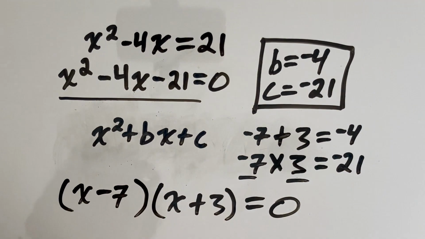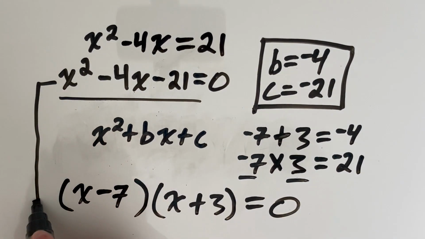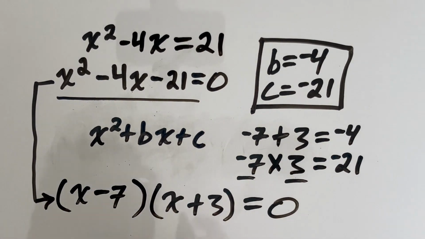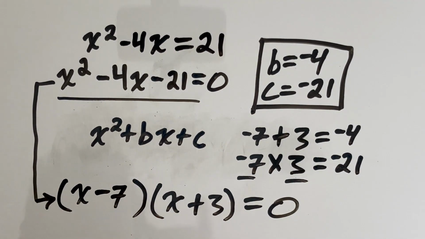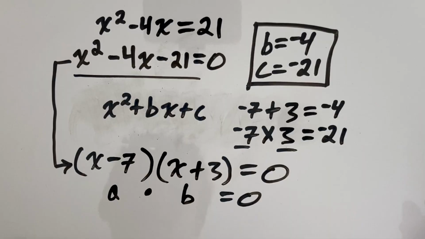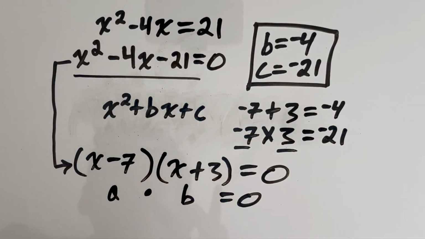So by finding these two numbers, we can take this equation here, factor it, and put it into this equation. Now, factoring it into here is important because now we can solve it in one step based on this simple rule. Say this first bracket is a, and this second bracket is b. So we have a times b equals 0. If either a or b is 0, our whole equation is 0, and this equation holds true. Therefore, we have to solve these